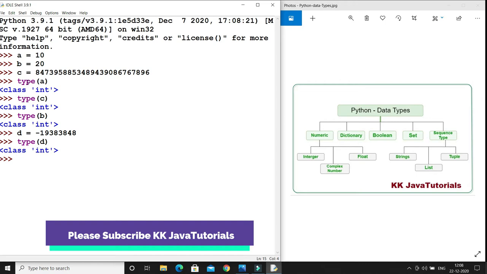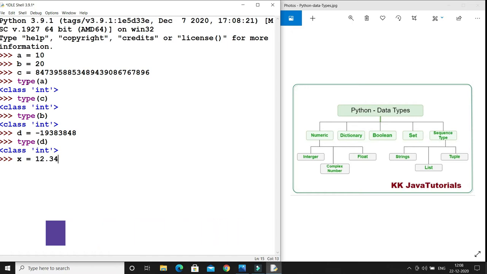Now let's continue with the floating point number, or float. Here I'm going to create a variable x equal to, let's say, 12.34. It's a float. Similarly, we can write y equals any floating point number you like. But one thing you have to keep in mind when you deal with floating point numbers is that a float can also be a scientific number, and a scientific number can be represented with the symbol e raised to some power.